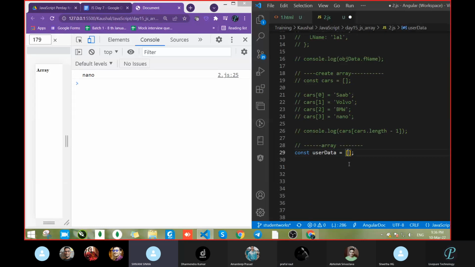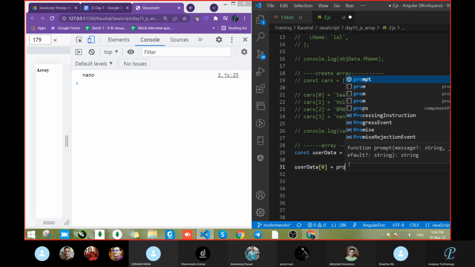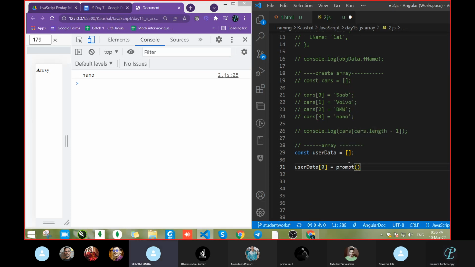User data 0, equals to, prompt, and in the brackets you have to write this way: enter first value, like this way. And then a semicolon.